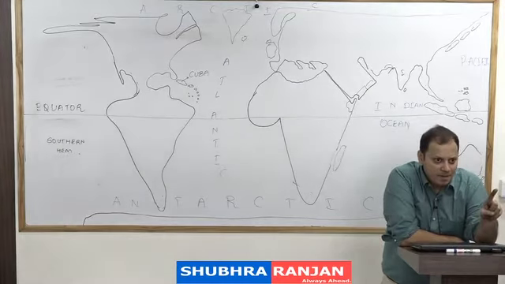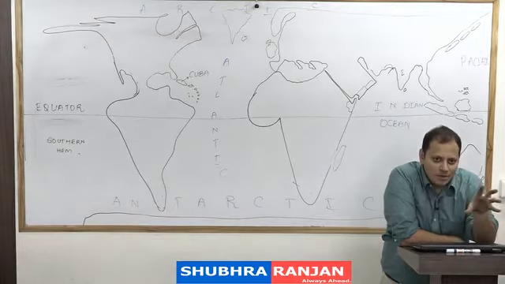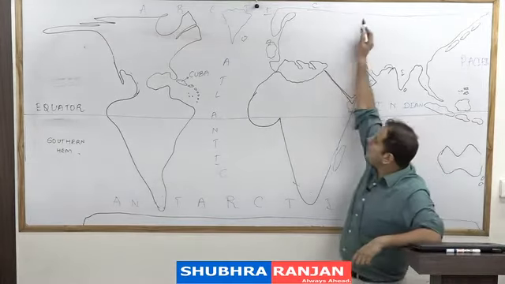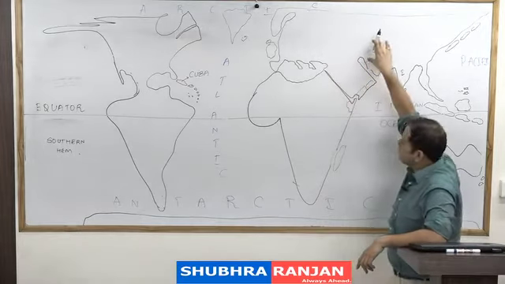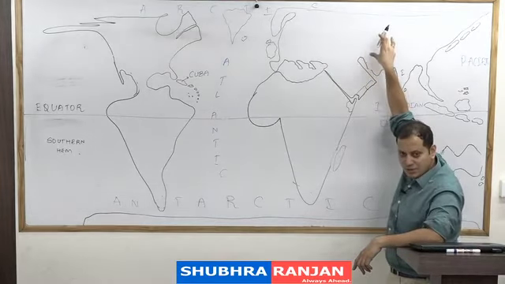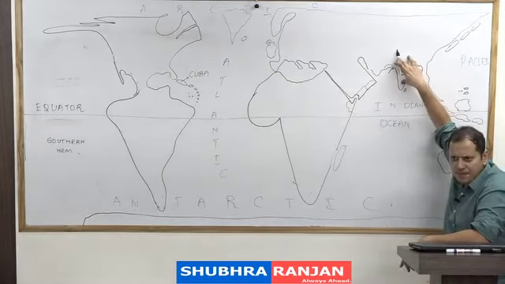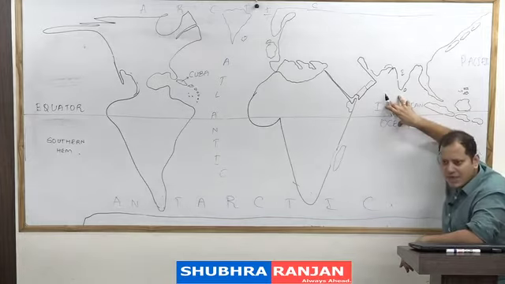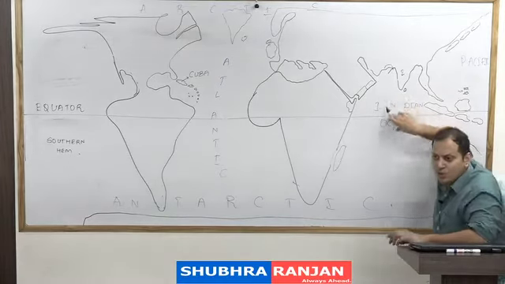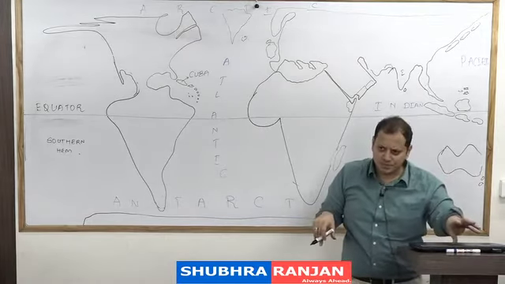But it is said in geography ka law that one who controls this part of the world controls Central Asia. One who controls Central Asia controls South Asia. One who controls South Asia controls Indian Ocean, and one who controls Indian Ocean rules the world. And this is true. That is why